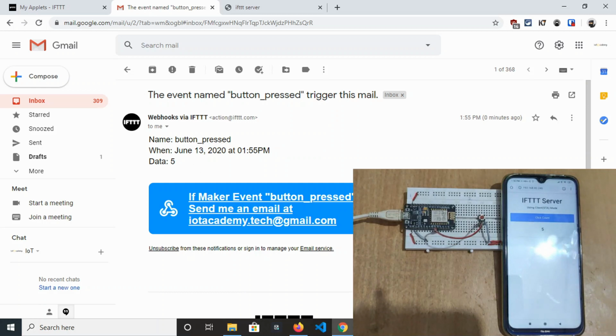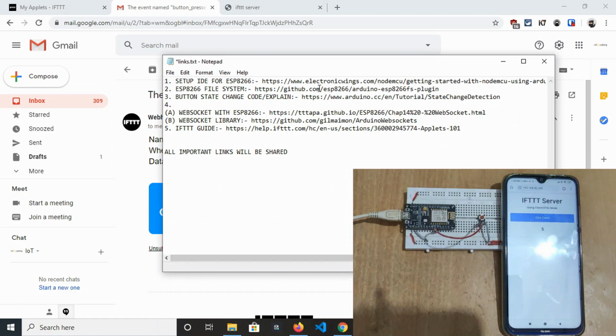Okay, so we'll discuss each and everything in this IoT tutorial, but before that, this is the complete demo, I think, and I will also share the link of all the relevant tutorials, all the things which we are using here, which includes the button state change code and explanation, where we detect each button press, and that is achieved using this tutorial.